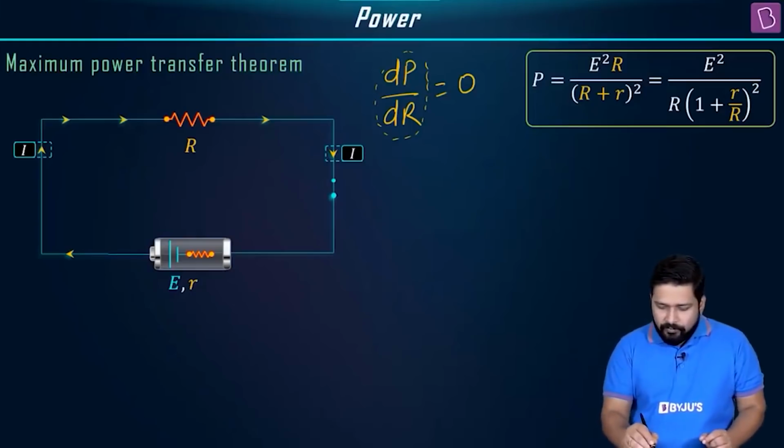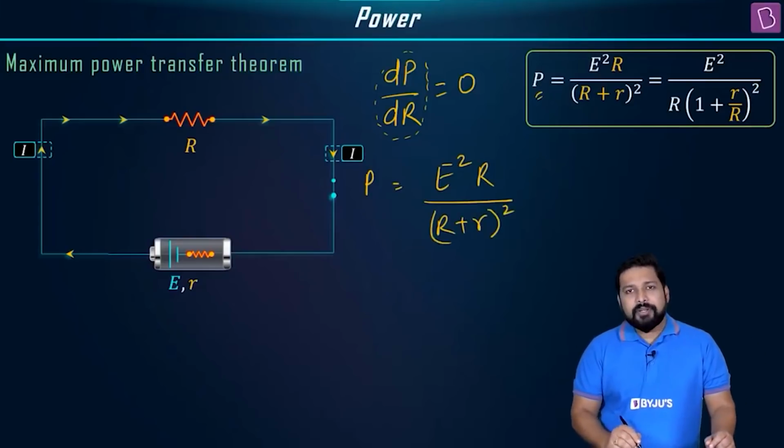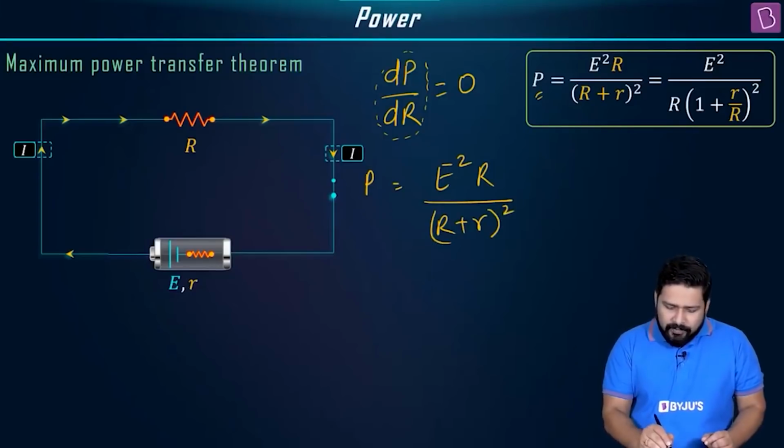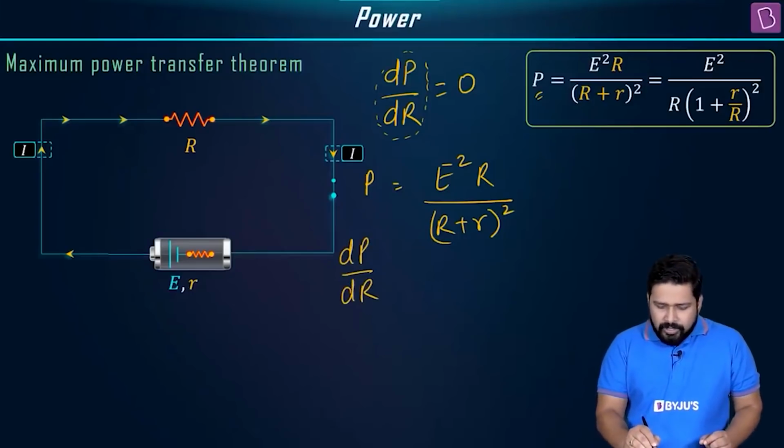So we know the value of P in terms of power. P is equal to E square, E is constant, so E square will also be constant, times R divided by R plus small r the whole square. This is what we have, right? Now, if I need to find dP by dr, or this is the differentiation, then I can write this